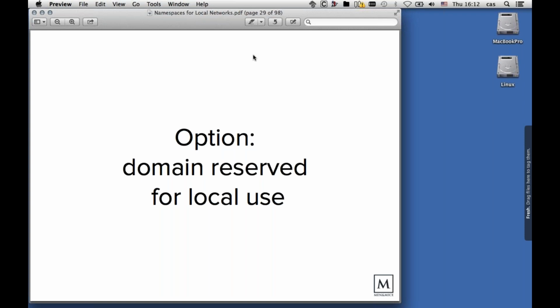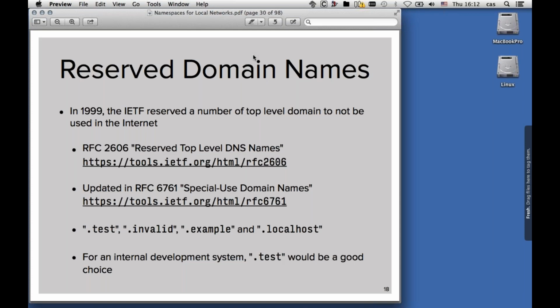But before we do that, we have a look at the second option, which is to use a domain reserved for local use. So the IETF reserved a number of top-level domains that should not be used in the internet, which are reserved for local or private use. They were originally defined and standardized in RFC 2606, reserved top-level domain DNS names, and later then updated in RFC 6761, the special